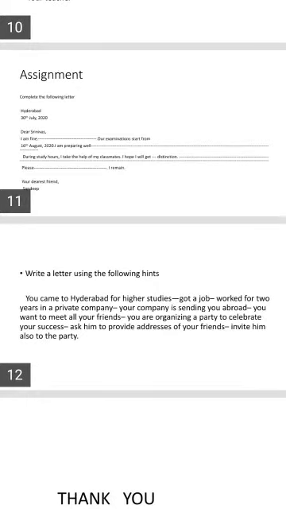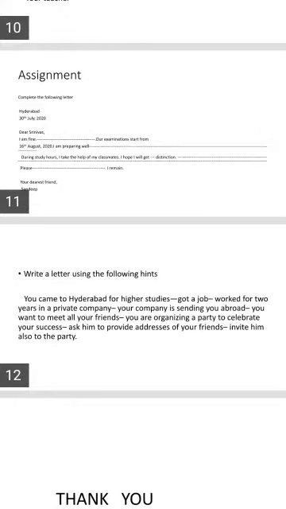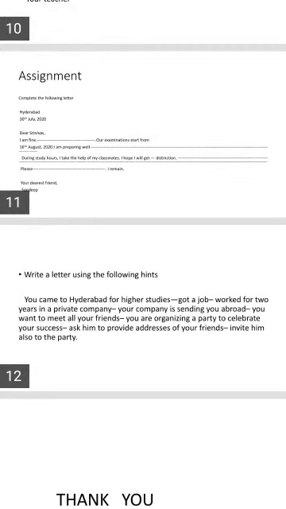I am preparing well for the final examination, which is being held. I am working hard with my classmates. During study hours, I take the help of my classmates. I hope I will get a distinction